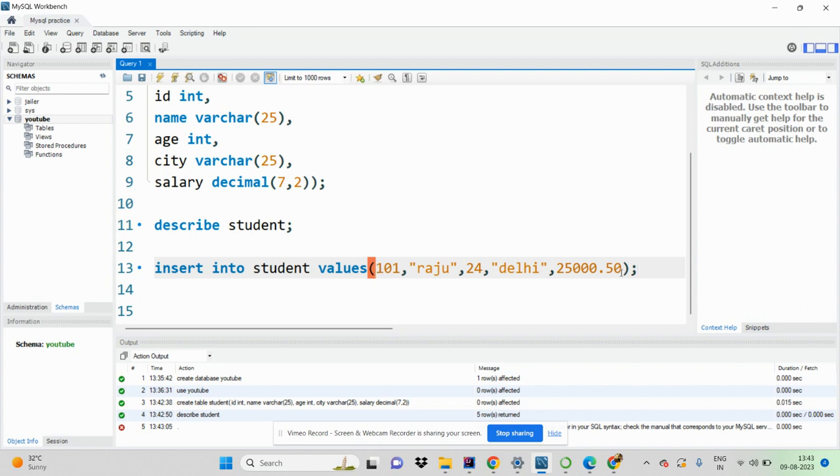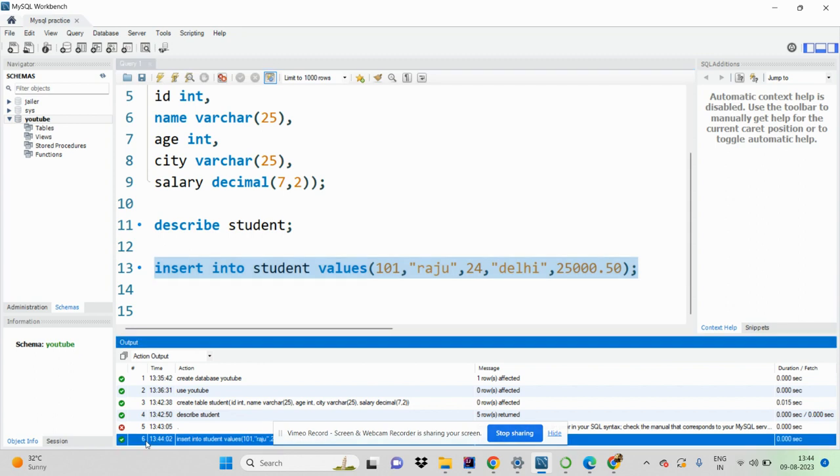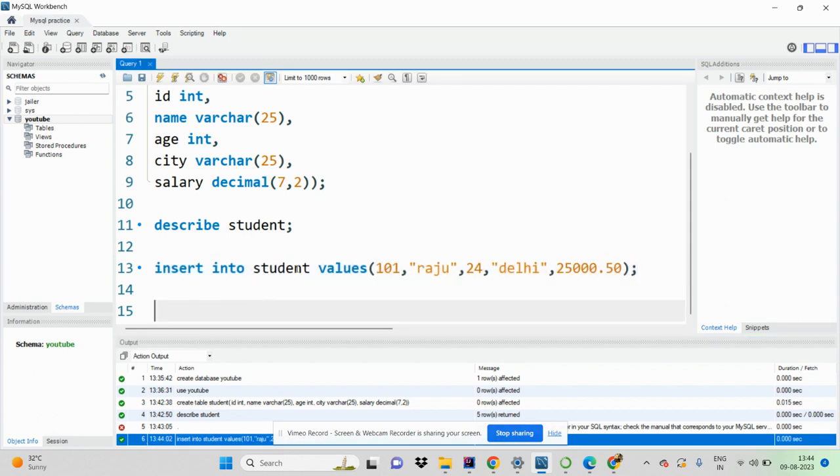So now after I'm just selecting this line, I'm running this, it executed successfully. I hope you're able to see the lightning button at the last. So once the value is inserted, listen carefully how I'm inserting. Insert into table name values, each and every value one by one, in the same order that I have mentioned